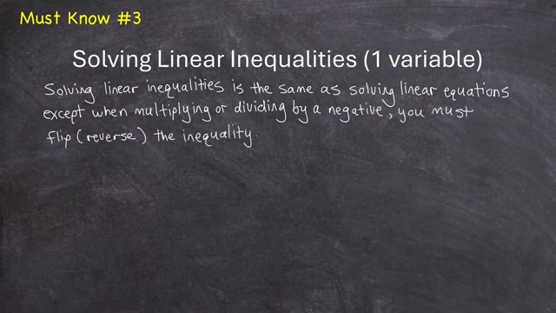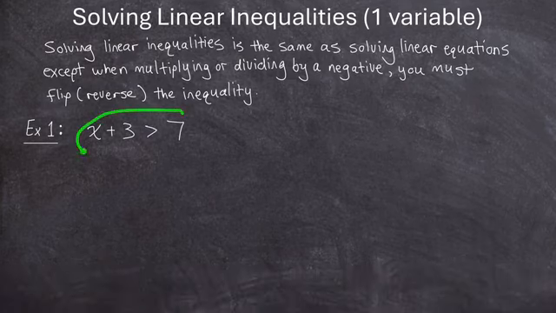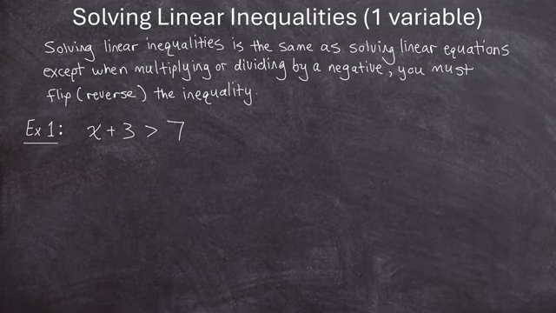So let's take a look at a couple examples. In this first example, we're trying to solve this linear inequality that just has one variable, meaning we want to find the set of x values that make this whole inequality true. So what set of x values, when I add 3 to them, do I get a number that is greater than 7? And remember, because this is an inequality, not just an equation,